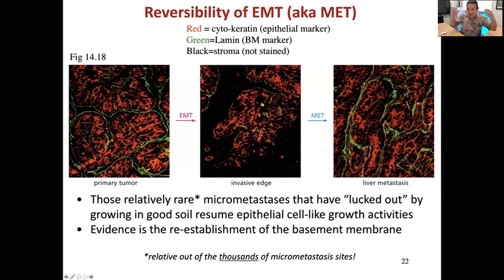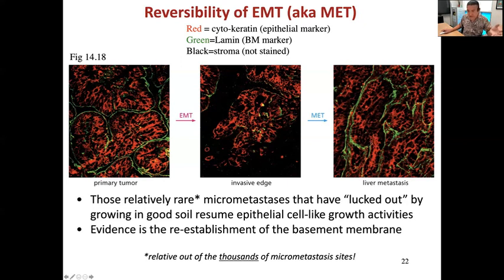Once these cells circulate and are disseminated, if some of them end up in places that are conducive to them starting a new big tumor, because they'll end up somewhere and form micrometastases. But some of these will be the seeds that have been scattered onto the parking lot. They're not going to grow. Some of them are going to be the seeds that you scattered into an existing flower bed already on campus. So those are the right conditions for those seeds to take off. So those will undergo MET to convert back into being more epithelial.